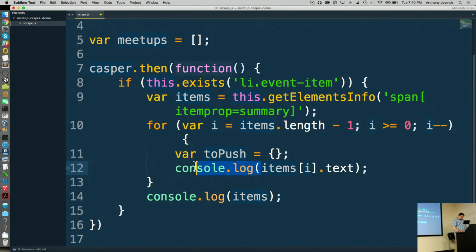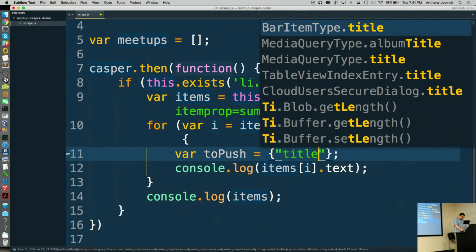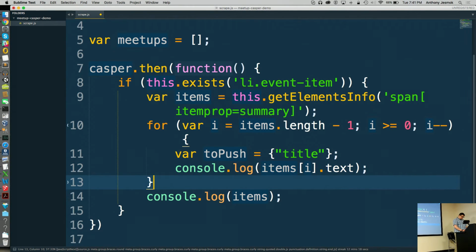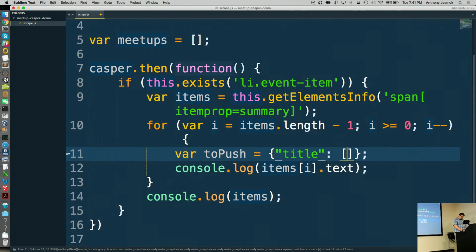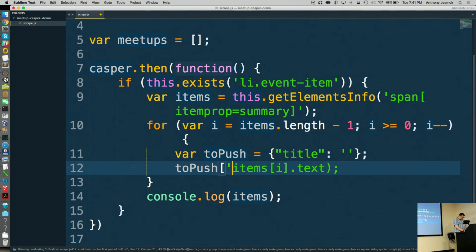We're going to set toPush, we're going to do the title, and keep that blank for now. And then toPush.title.